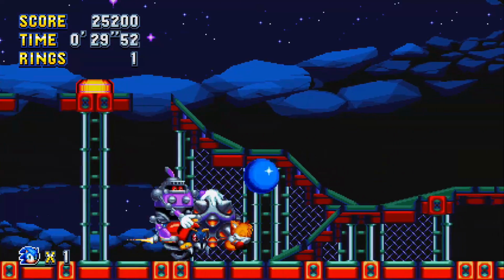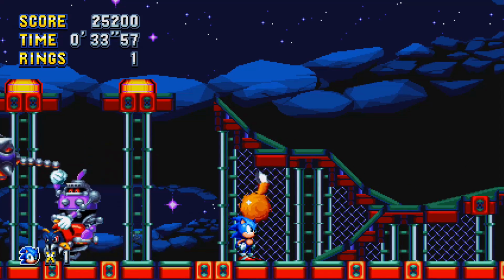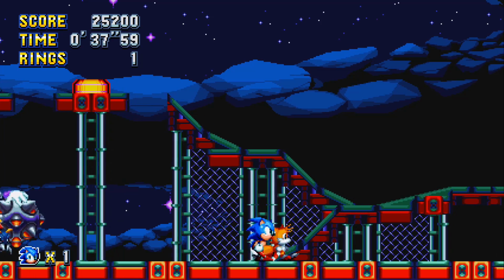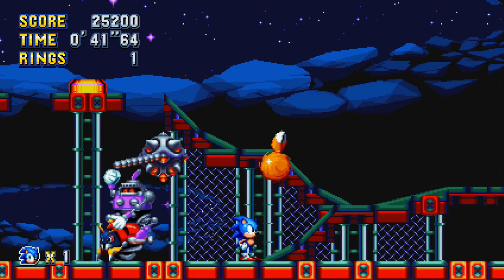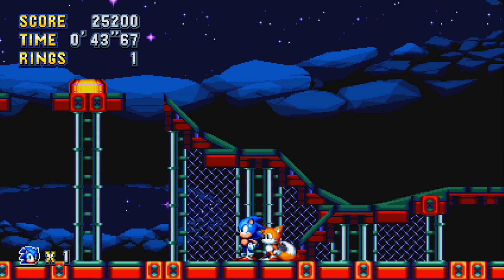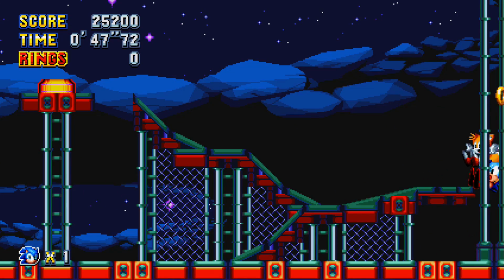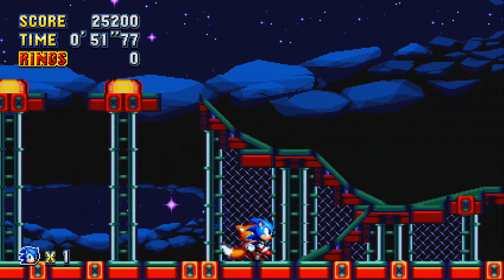I was expecting Act 2 to be a twist on that boss from Lava Reef, to be honest. That would have been special. This is not quite what I was expecting, but it's fine. It's quite cool. You know what I really wanted to see in Flying Battery? A twist on that Act 1 boss. Oh yeah, you know, the...